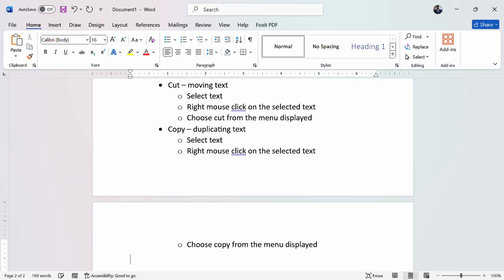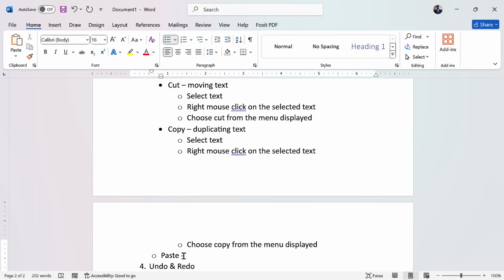Lastly, we have paste. Now, what is to paste?